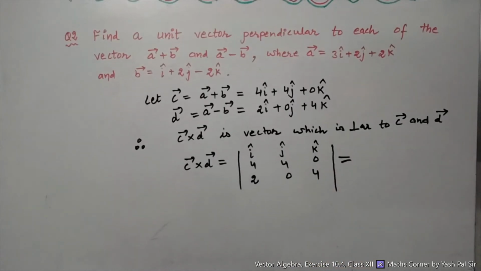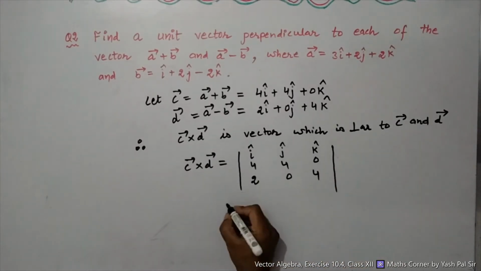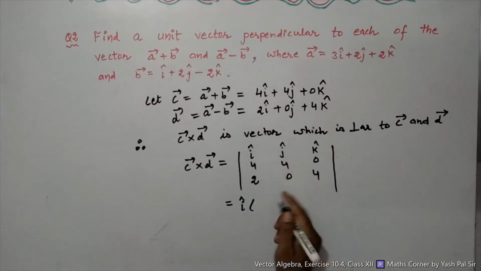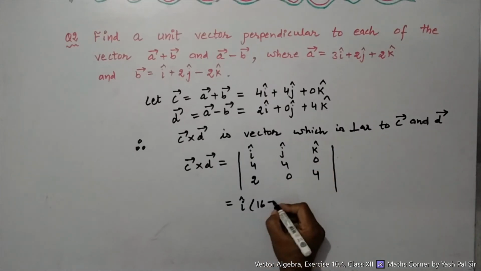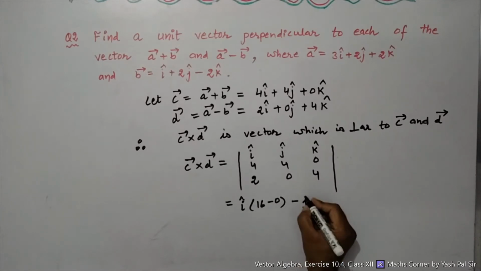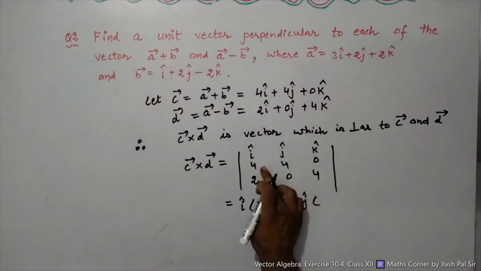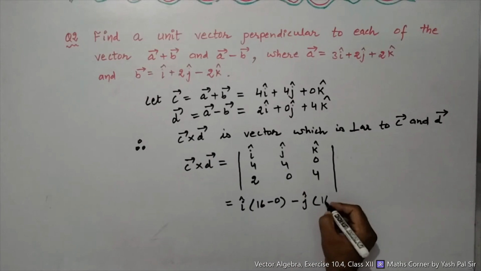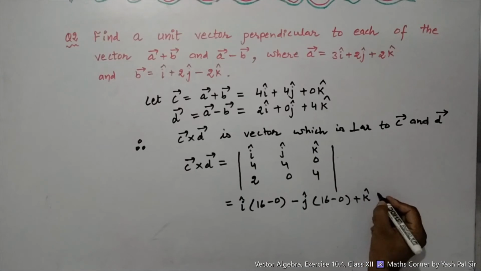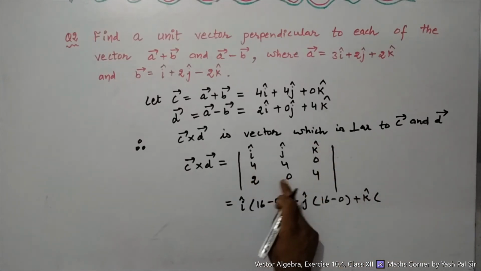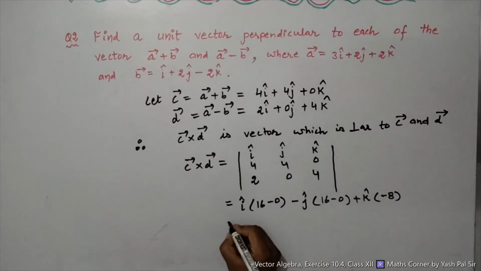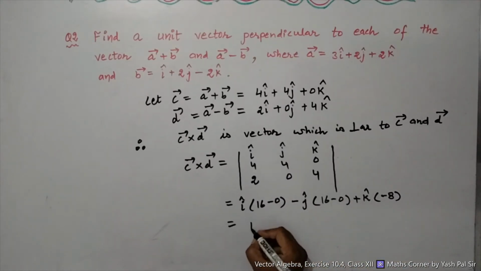Now this is equal to i into (4 times 4 is 16 minus 0) minus j (4 times 4 is 16 minus 2 into 0) plus k (4 into 0 minus 2 into 4, minus 8). So this is equal to